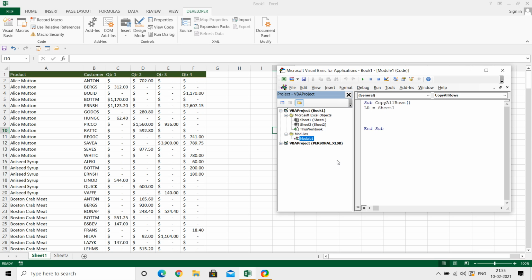So we can select Sheet 1 dot Cells dot SpecialCells, bracket xlCellTypeLastCell dot Row.